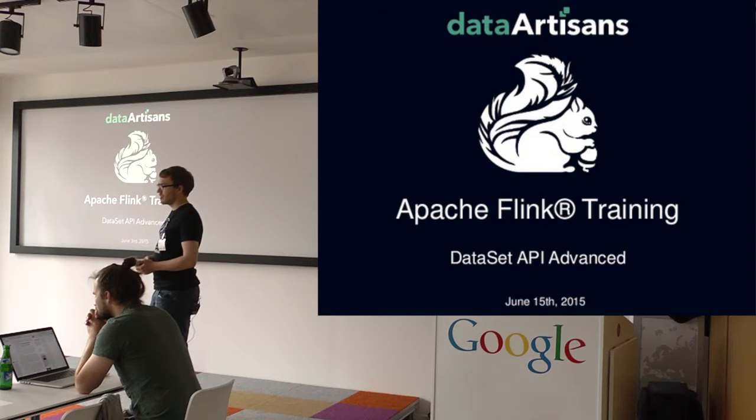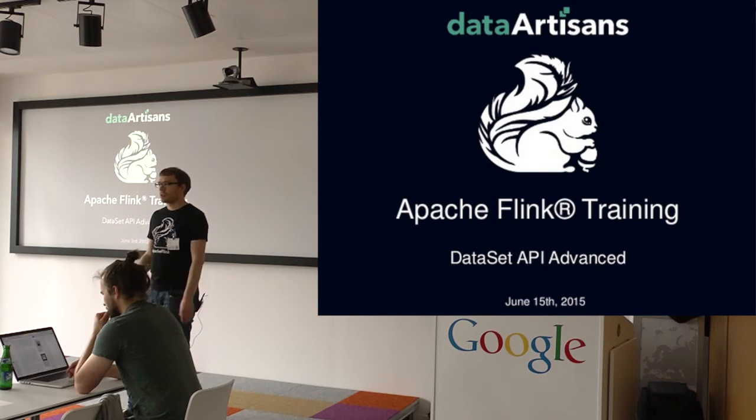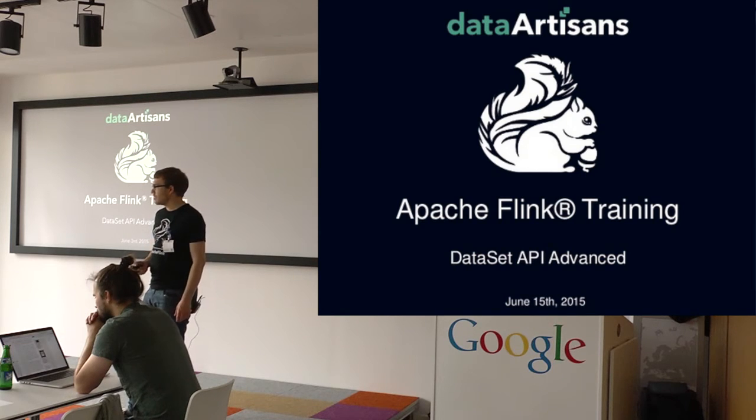So far we've seen how you can use tuples and primitive types. We've seen how to use a map and reduce function. Max also told you about the join function. And I'm going to elaborate a little bit more on the advanced stuff of the DataSet API, namely what kind of data types are supported, a little bit on how that is actually done internally, why it is done that way. Also talk about more transformations that the API offers, and some other concepts that might be helpful or handy